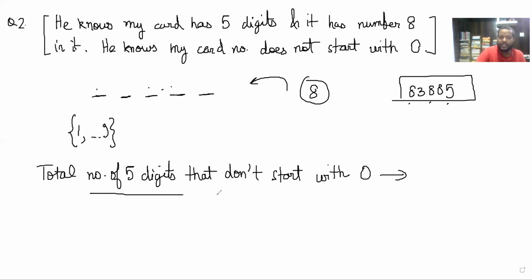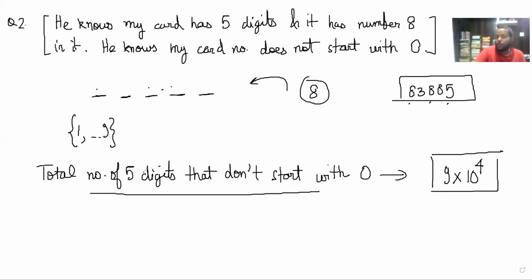So first I will count this number. This is a very straightforward calculation. The first digit can be 9 choices and the last 4 digits can be 10 choices. So 9 into 10 power 4 is the total number of numbers here. If you are not getting that, remember it's a 5-tuple. The first digit is from 1 to 9 and the last 4 are from 0 to 9. Go back to our previous lecture where we have discussed this. So these are the total number of numbers here.